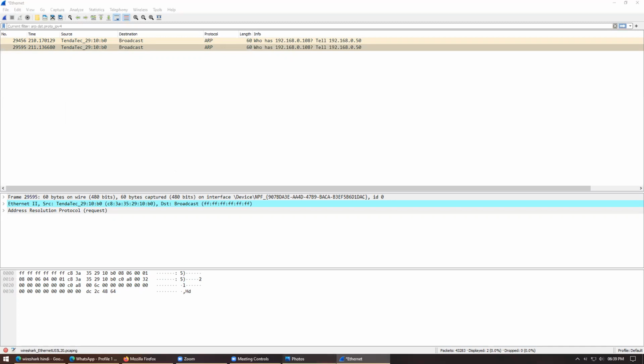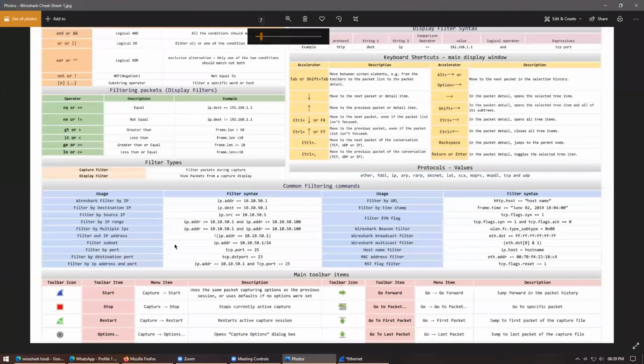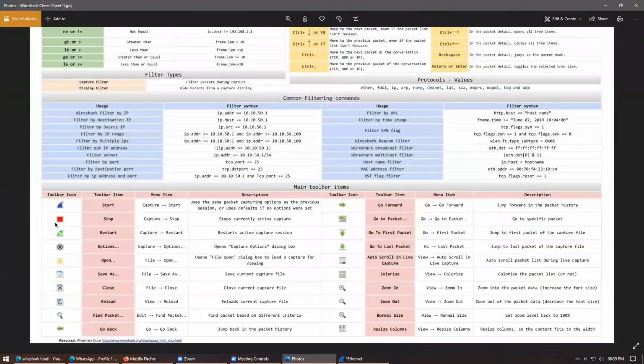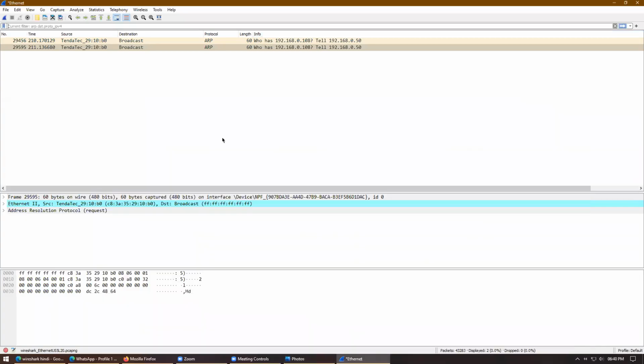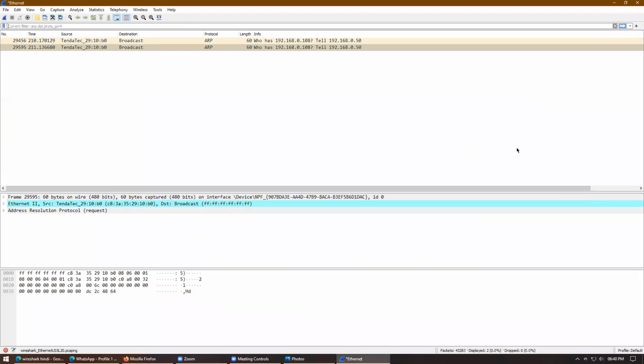But there's a cheat sheet which I want to share, and I'm going to use it in future videos. Like here, these things tell what the restart icons say, what type of icon it is, what the meaning of that icon is, and how you can access the description from the menu item. There's something you can use from this cheat sheet, really amazing cheat sheet. If you want this cheat sheet, make sure you comment or send a direct message in my inbox saying you want the cheat sheet.